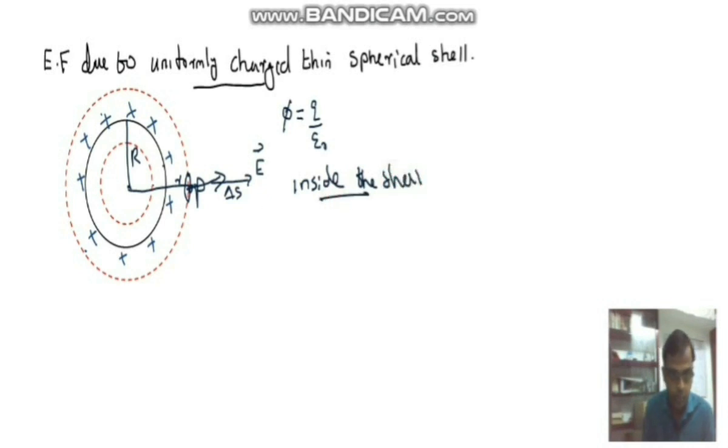If you take the point inside the shell, see the picture here. Say this is the point I am taking here and take it as Q. And here the radius is taken as again small letter r, or r dash, whatever it is. So what is the total electric field at the point Q?